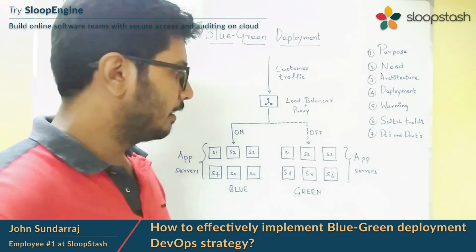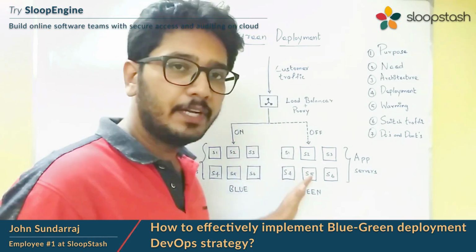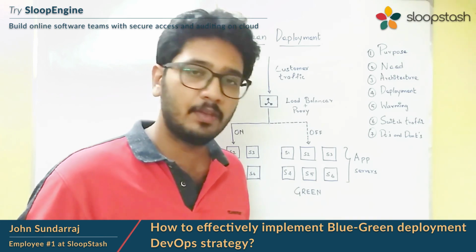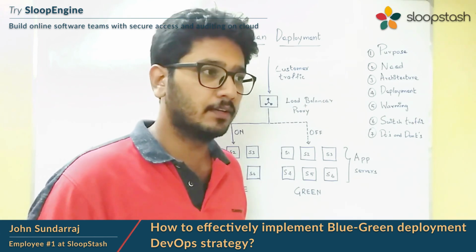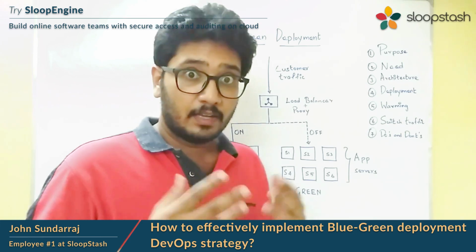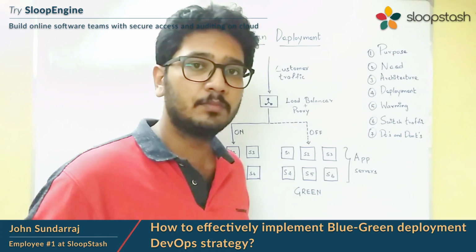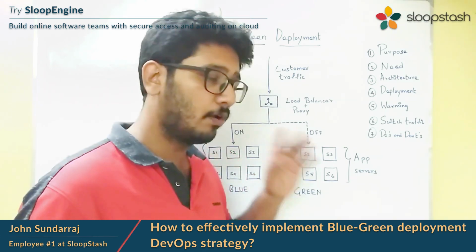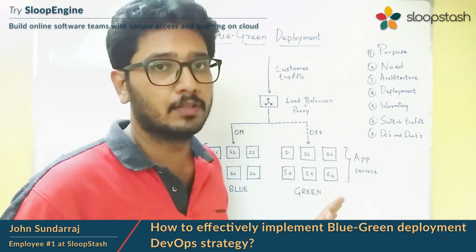And number three, every time we try to switch the traffic from one fleet to another fleet, we need to constantly have an eye on the error rate. Maybe we can use New Relic or ELK APM or something like that to know the application performance and error rate. If we don't have an eye on the error rate and we try to divert the traffic from one fleet to another fleet, our customers will have the worst experience in our product. So this is a very important thing. We need to always have an eye on the error rate when we are trying to switch the traffic from one fleet to another fleet.